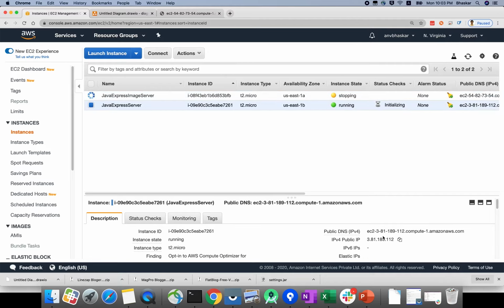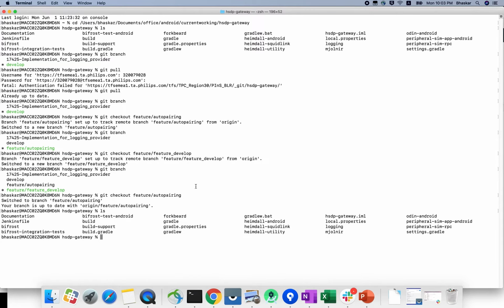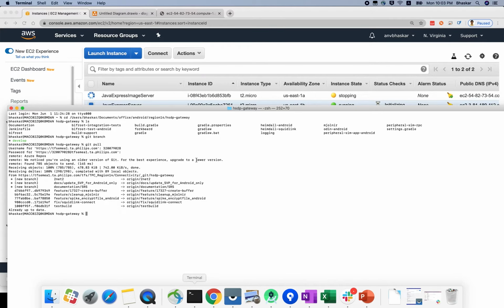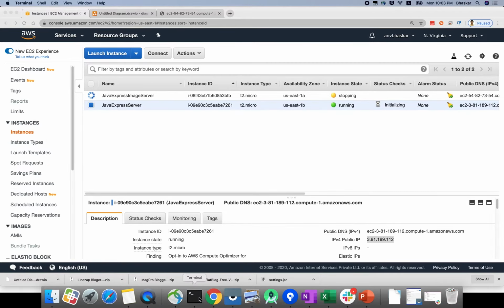I will quickly log in. I'm closing these actions. cd Downloads.